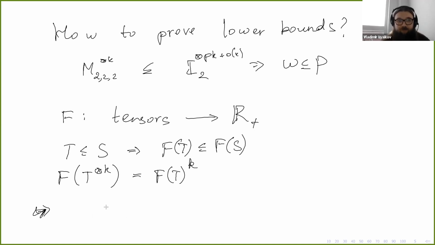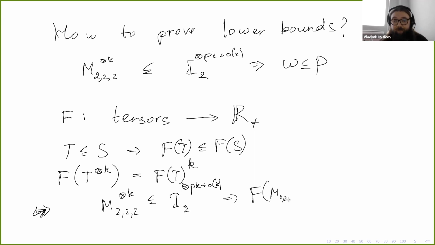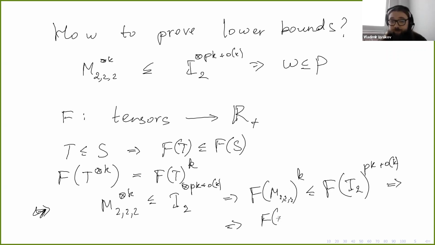So if you have a restriction of this form, then the value of our function f on the matrix multiplication tensor is bounded by the value of f on the diagonal tensor in the following way. And if we take power 1 over k,